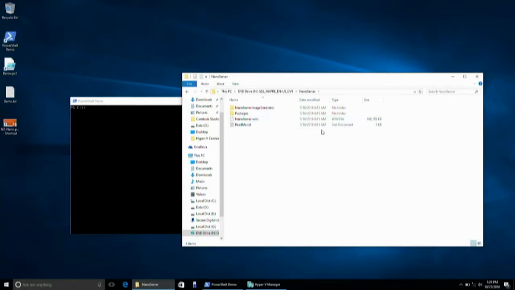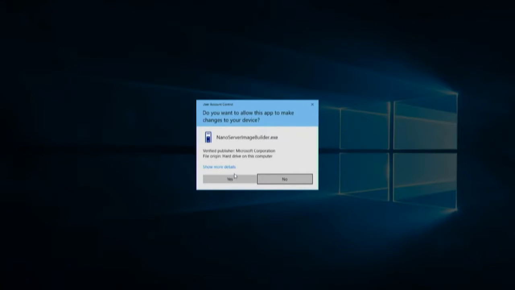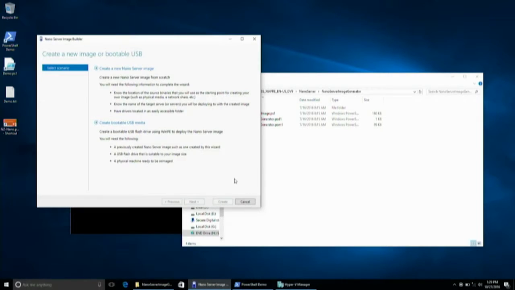And what we actually have is, if I go into Nano Server Image Generator, we have a PowerShell module that allows you to generate your Nano Server image. And for all of the technical previews, that has been our recommended way of doing this. And as the technical previews have been going on, we've been growing that. Now, with the GA release of Windows Server, we now have the Nano Server Image Builder tool. And this is a graphical tool that we've released